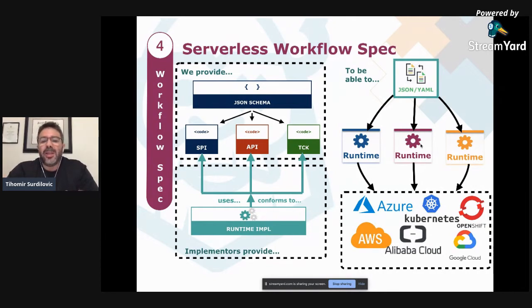The idea is to unify all those different applications and offerings that have some sort of workflow or orchestration definition into a single specification-based language that can be portable and vendor neutral. That's what it is at its core.